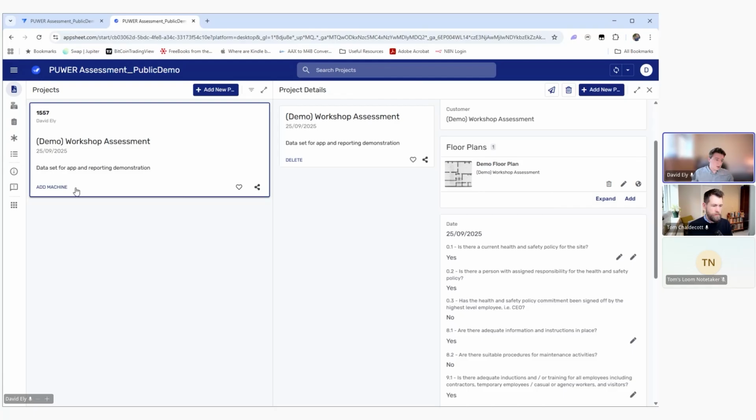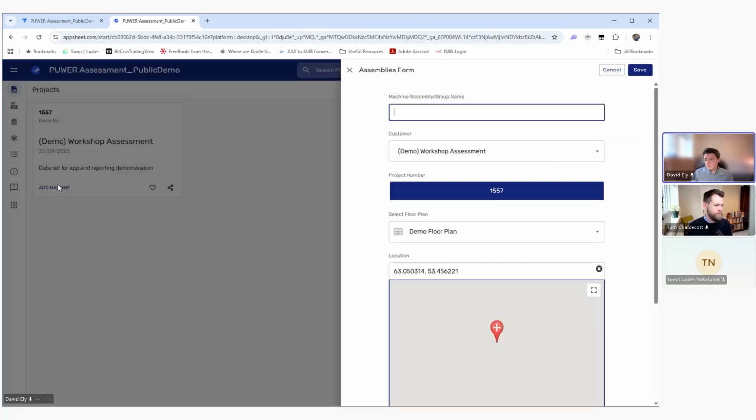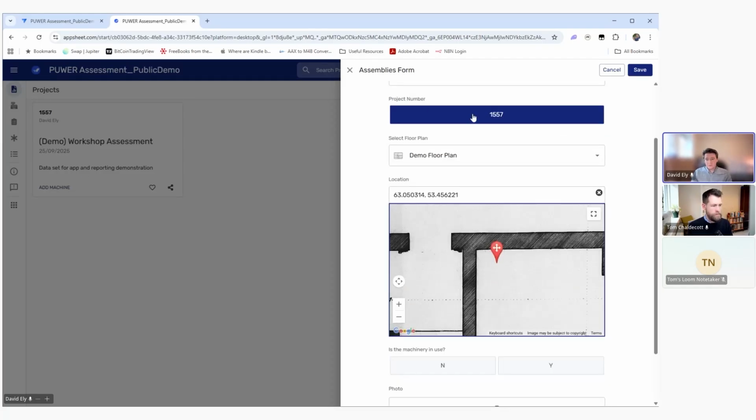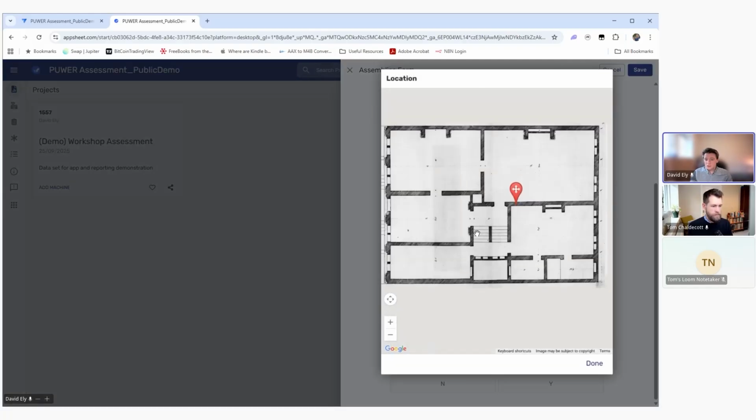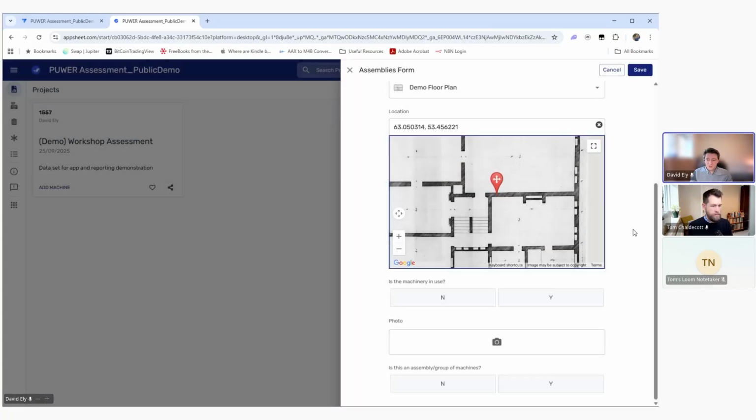Once that's done, you can go and build an asset register for that project. So you might want to add in a machine. This one's called test. Choose which customer it's for, project number. Most of this data is pre-filled, just to make it easier for the assessor and to make sure that all the data is held together as it should be. We've got the ability to mark the location on a floor plan if you've got that available to you, and answer a whole bunch of questions, add photos